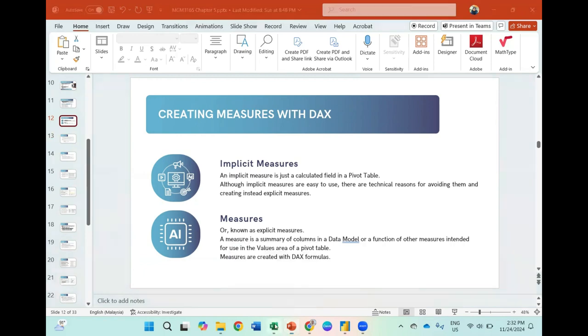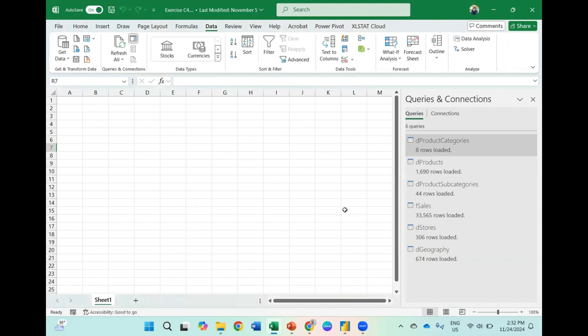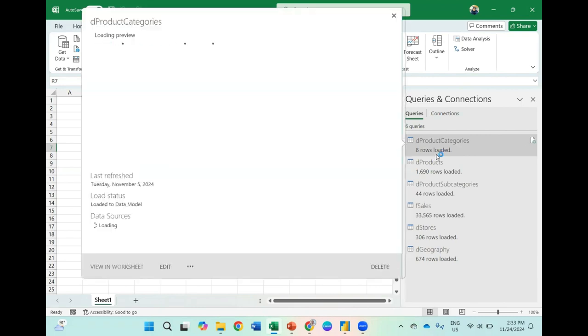First we go to Excel, the previous file that we created in class. If you open the previous file and you cannot see Queries and Connections, you can go to the Data ribbon and click Queries and Connections. This is the icon. You have to wait until you can see it. Sometimes by default it goes to Connections first, but you can see the queries here. Go to Queries.